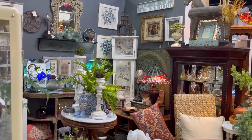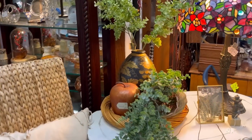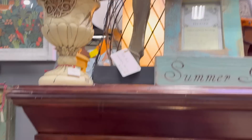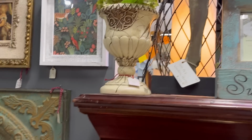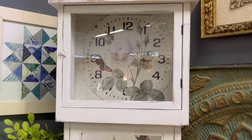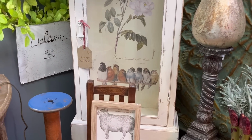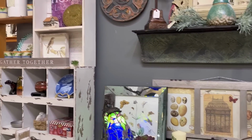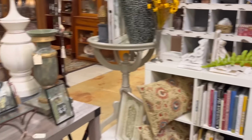This is another one of my favorite booths. It feels very old world charm to me, and everything sort of fits that description. I enjoy the way that she merchandises all of her product. I am totally in love with this rustic horse. It makes me think of Troy. And then she does bring in some more cottage pieces occasionally. I love how she did this old clock that does not have its inner parts. I think it's absolutely outstanding. So this is a good mix of, I'll say, traditional and cottage, but it feels very old world to me. And again, the